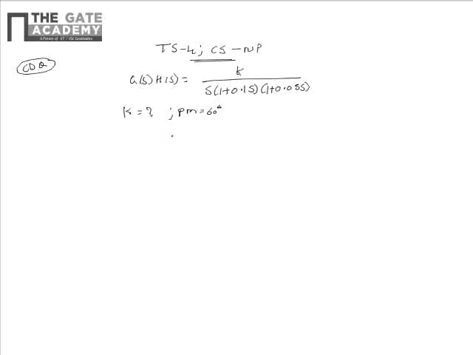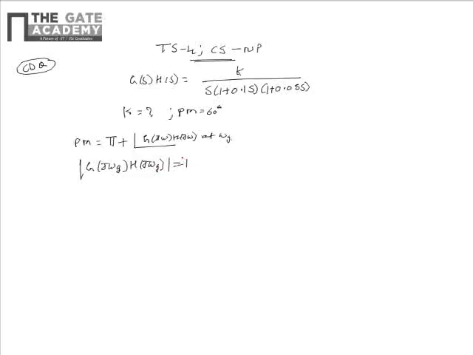We know that the phase margin of a control system is given as Pm is equal to pi plus phase of G(j omega)H(j omega) at omega g, where omega g is the gain crossover frequency, which can be obtained from the relation abs of G(j omega g)H(j omega g)